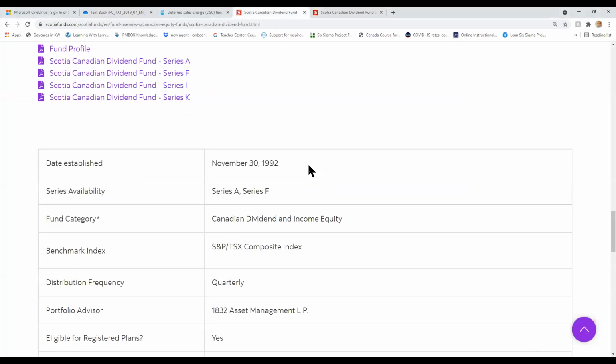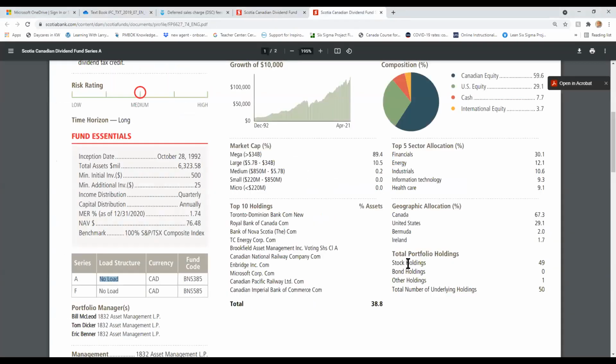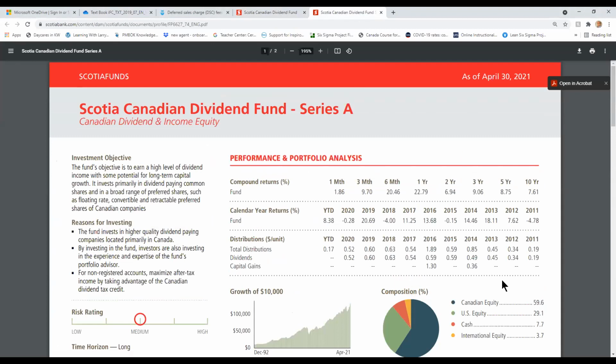Let's take a look at that. I want to explain it to you through here. Okay, let's take a look at this example here and I'll explain it. So the distributions here, this is if you buy this Canadian dividend fund, when you buy the Canadian dividend